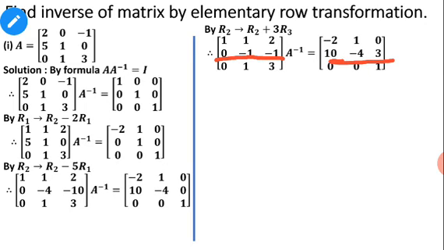Okay, so what is happening is that this minus 4 and 1, minus 4 plus 3 is minus 1, then minus 10 plus 3 into 3 is 9, that's why this is minus 1. And then the same operation on the right hand side, so 10 plus 3 into 0, this is going to remain 10. Next one, minus 4 plus 3 into 0, this is going to remain minus 4 only. This one is 0 plus 3, so this changes, that's why it will become 3 here.